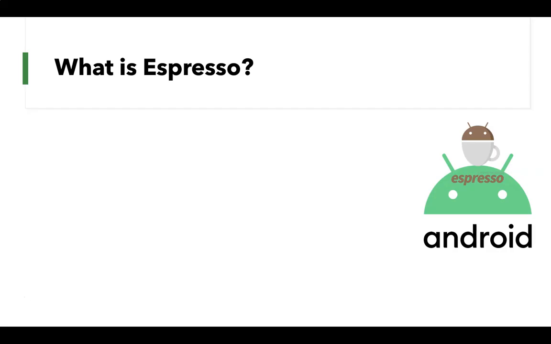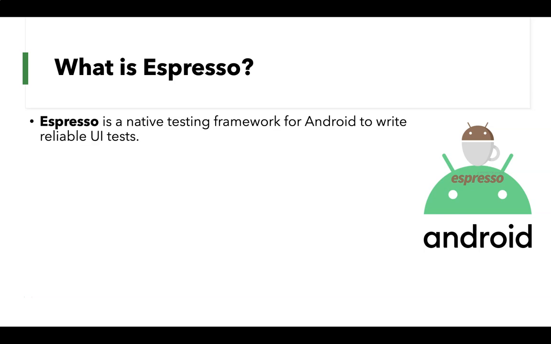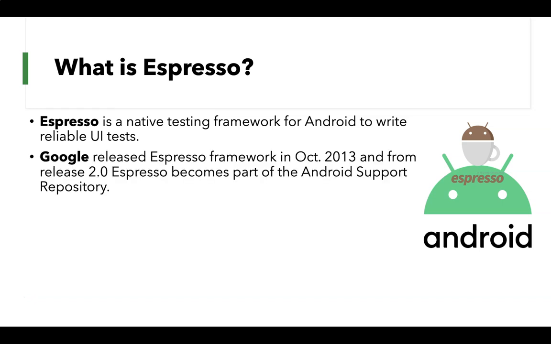What is Espresso? Espresso is a native testing framework for Android to write reliable UI tests. Google released the Espresso framework in October 2013, and from release version 2, Espresso became a part of the Android support repository. One of the important features in Espresso is that it automatically synchronizes your test actions with the user interface of your application. The framework also ensures that your activity is started before the test runs. It also lets the test wait until all observed background activities have finished, which is sometimes a problem with the